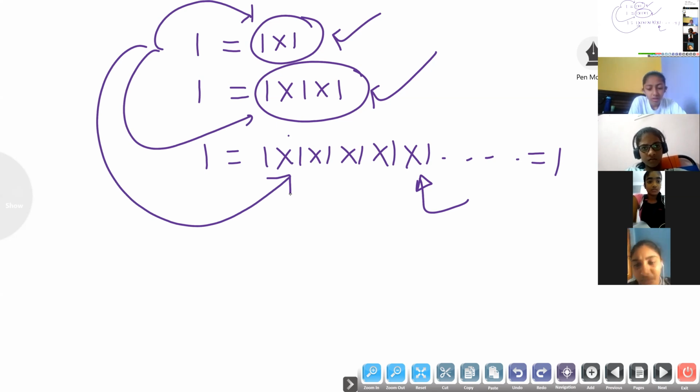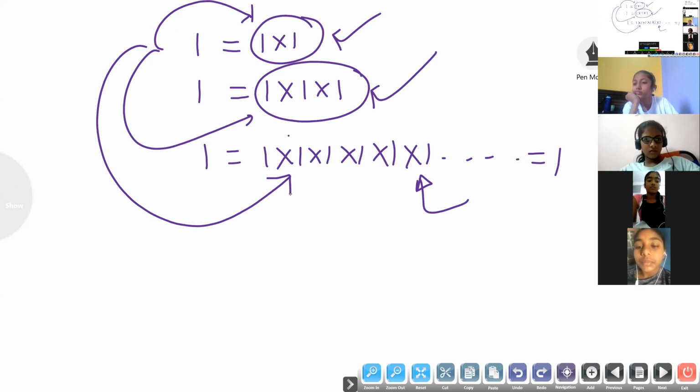Understood, everyone? Got it? Because here 1 is equal to 1 into 1, 2 factors is there, exactly 2 means prime number. Here more than 2, composite number. The value of 1 is changing. One time he says I want to be 1 into 1, second time he says I want to be 1 into 1 into 1, more than 2, third time one more 1. That's why the value of 1 is not fixed. That's why we are saying 1 is neither a prime number nor a composite number. With the help of examples you can prove it. I hope you got it, students. Got it?